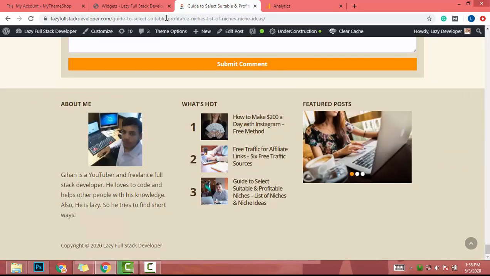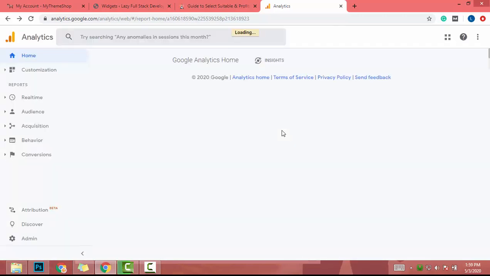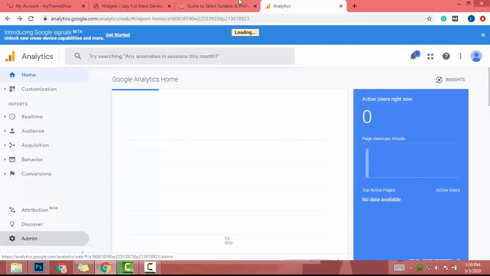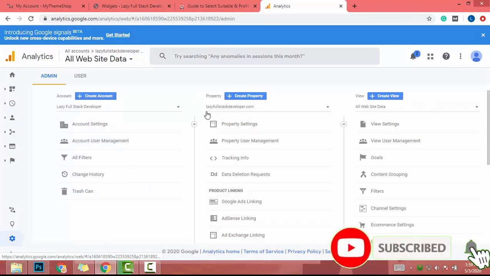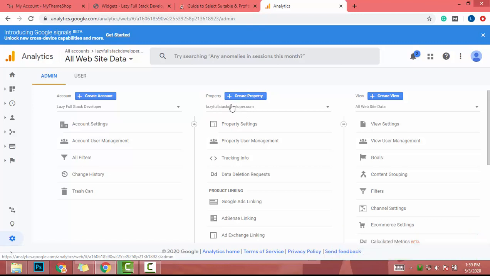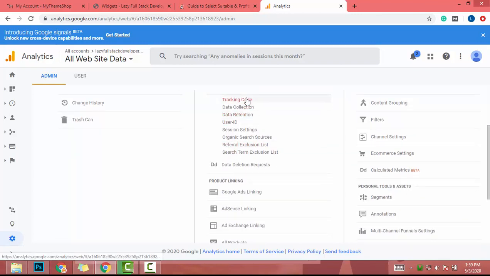So currently I need to add Google Analytics because it's been replaced since I changed the theme. That means I changed the header, so I need to add the Google Analytics code. To do that I go to Google Analytics and click on admin. My site gets slow, by the way. After that I click my website in here. So it's fullstackdeveloper.com. Then I click on tracking info, then I click on tracking code